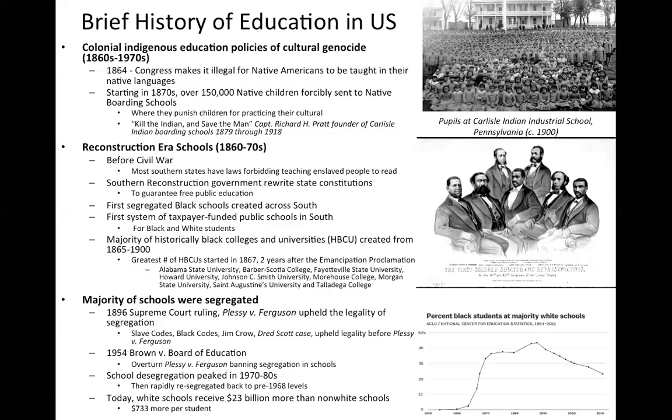And the vast majority of them actually started in 1867 during the Reconstruction time period, and then we start seeing a lot of them built up until the 1900s. That's where Howard University was built in 1867. Morehouse, Alabama State, all of these are amazing schools that are still doing great work today. So we see this after the Civil War ends, in the Reconstruction period. We start seeing more schools and colleges built for Black people, to serve Black people.